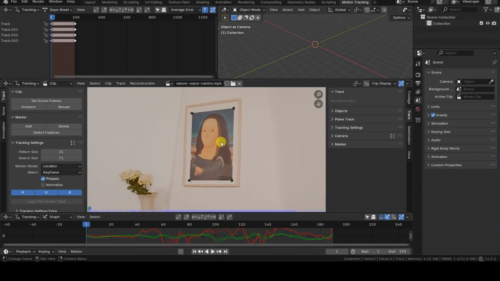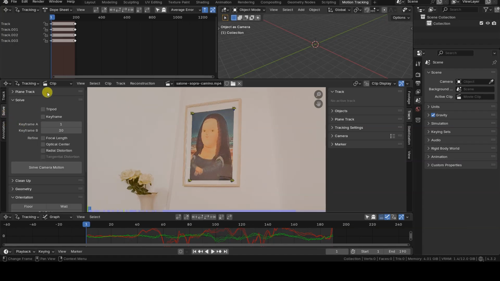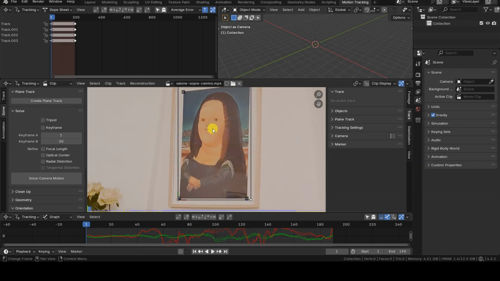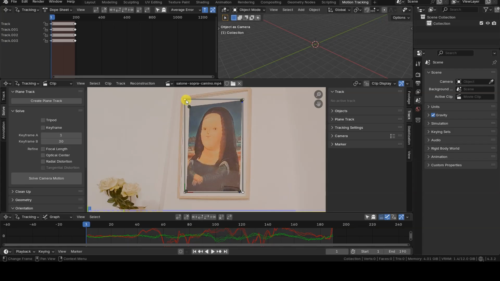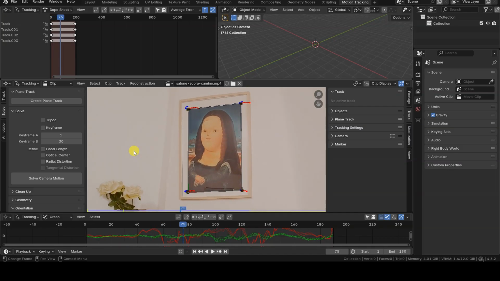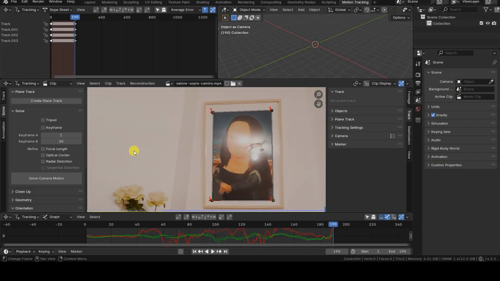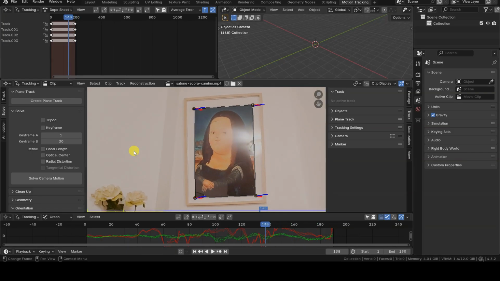I now open the Solve tab on the left and the Plane Track section within it at the top. With the 4 track points selected, I add a plane track object to the scene by clicking the Create Plane Track button. This object has 4 vertices that get associated with the 4 original track points. The match isn't always perfect, but you can manually fix it by selecting and dragging each vertex of the plane using left-click and mouse drag. In this case, the tracking was so accurate that there are no major mismatches between the plane's vertices and the control points, but I'll explain how to fix it anyway in case it happens.